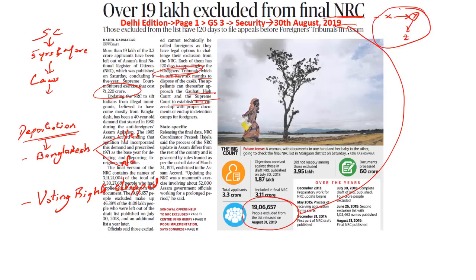But in this particular NRC list, what has happened is both Y and Z are accepted in the NRC list. Why? That is because in this particular list, Y, who happens to be a female from the state of Assam, has been able to show the legacy data from the state of Assam. Both these people are accepted as people living in the state of Assam. However, X is eliminated from this NRC list, which means the family bonding is broken in this particular scenario, and this person X, who happens to be a male, has a major concern as he has to move away from